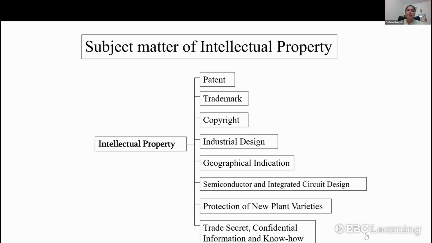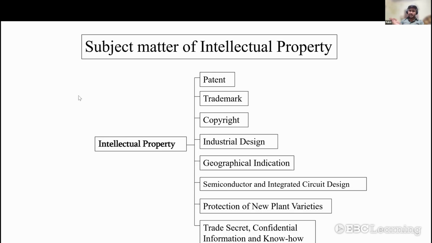So how do you define a patent? You can very quickly go by each of these forms. How do you define a patent? If I were to ask you as a lawyer, how do you define a patent? Because each one of them have their own very significant features. In one line, if you have to define a patent,